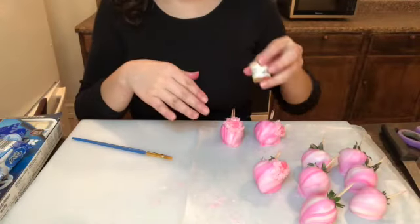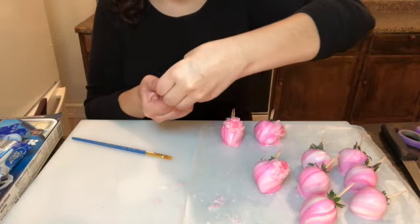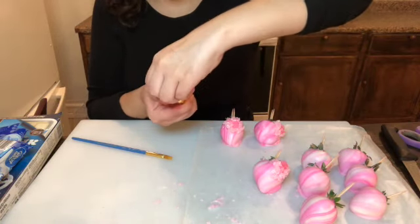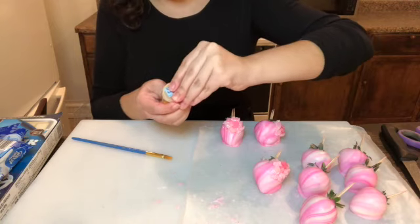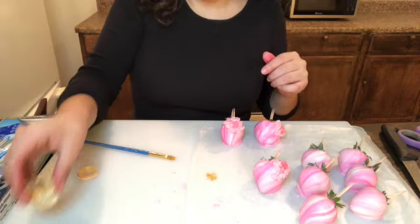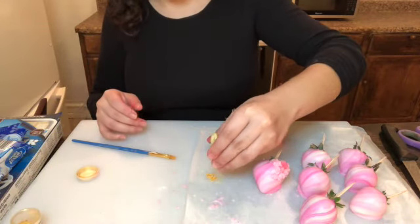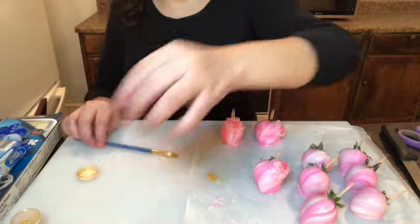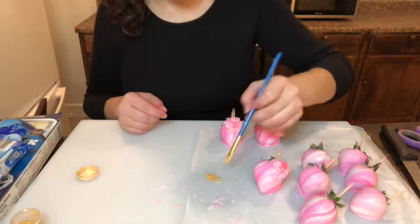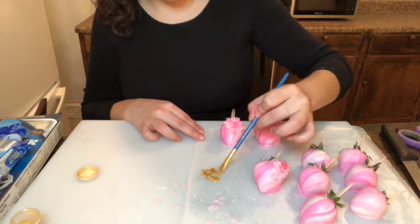So now that I've done that to my strawberries, I'm gonna go ahead and take my gold luster dust that I got at the bakery supply store. And I'm gonna just take a little bit and I'm gonna mix it with some lime. Just a little bit. And I'm gonna mix until it creates kind of like a